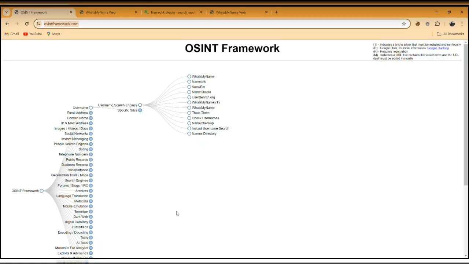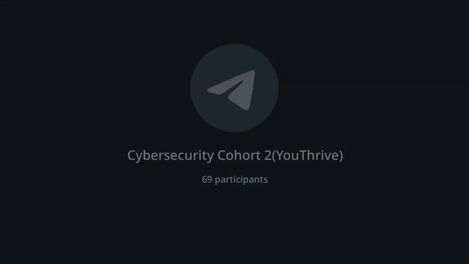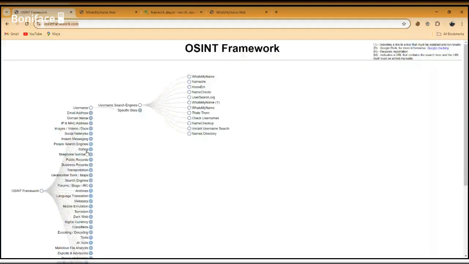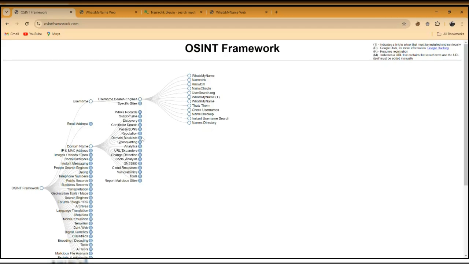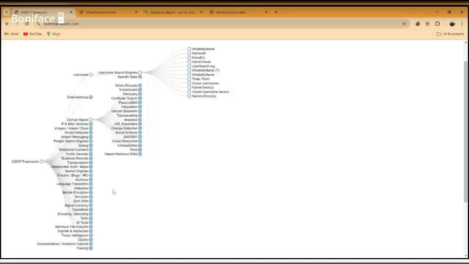Explore it. This one is not done still. Let's check another important aspect. You can see domain name. Different aspects depending on what you are looking for. Please, the tool is actually very, very important. Like the assignment I'm going to give you, imagine when I'm asking you to look for a particular thing on the internet, something that must have existed on the internet, but you have to fetch it out. You would have to use a good number of tools and the likes of them.